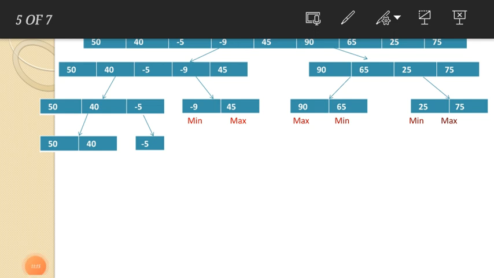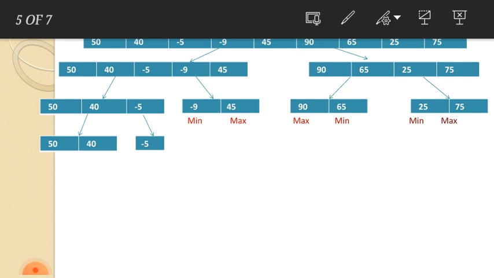Here 50 and 40 are the two elements, so we can directly compare with the second element. If the first element is larger than the second, then the first is maximum and the second is minimum.